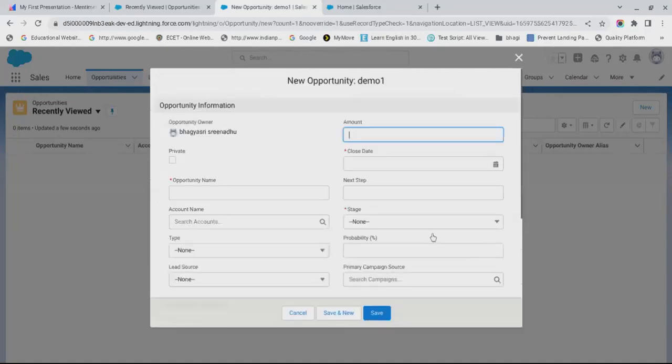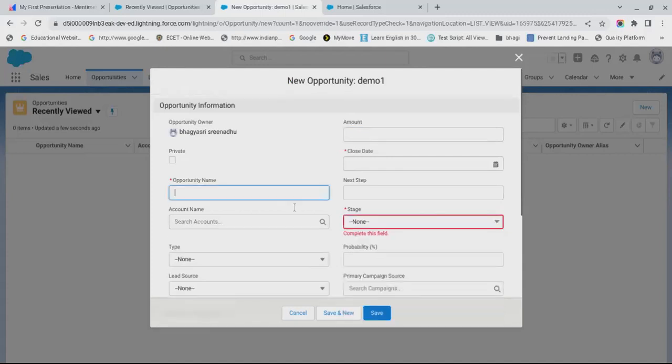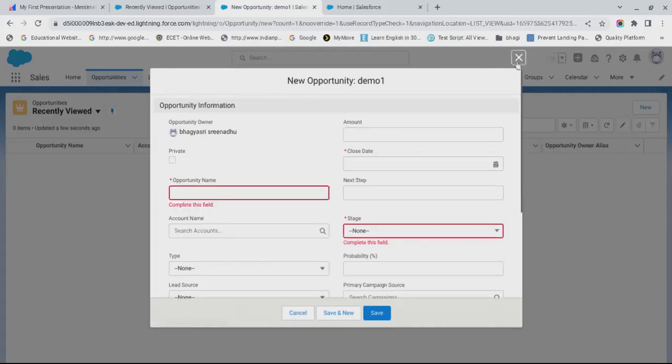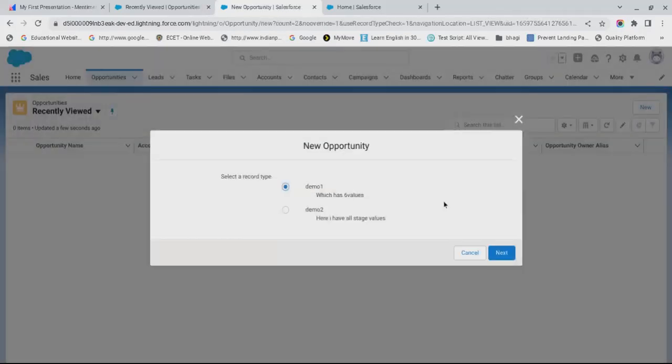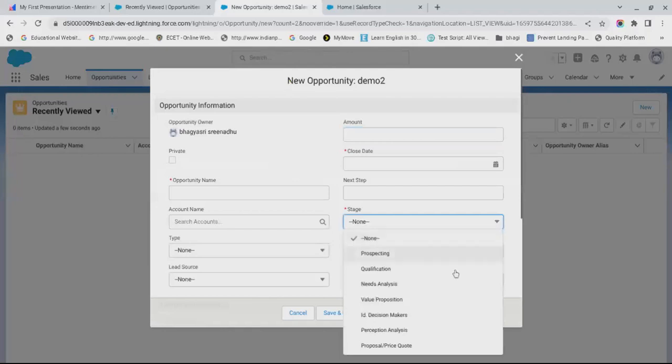and just selecting the stage. See, I have only six values. Only six values are there. And in demo 2, I want to show all the stage values to the users. So here if you see, all the 10 values are there,